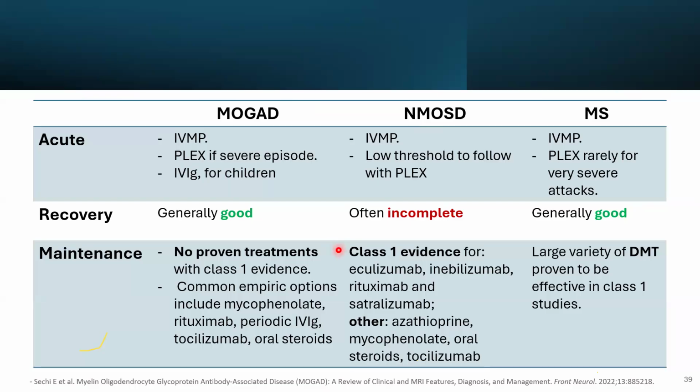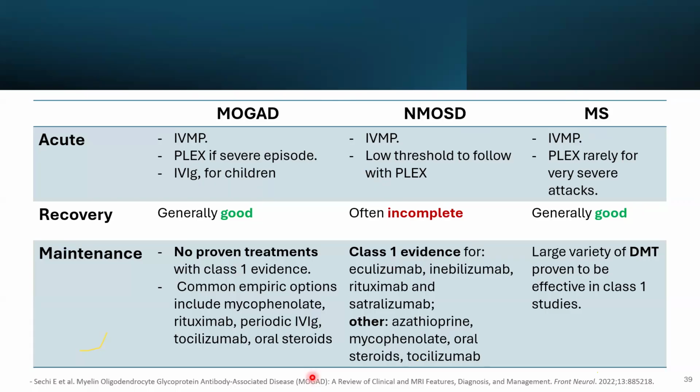For MOG antibody and NMO, sometimes it's sent outside the country, so the result of the test might take like 2 weeks or 3 weeks to arrive. In this case, we have to consider it in your differential based on the clinical presentation and MRI finding. So think about it, give steroid, send for the antibodies, wait for them. The recovery in MOG is usually good, similar to MS, but in NMO, the prognosis is bad.